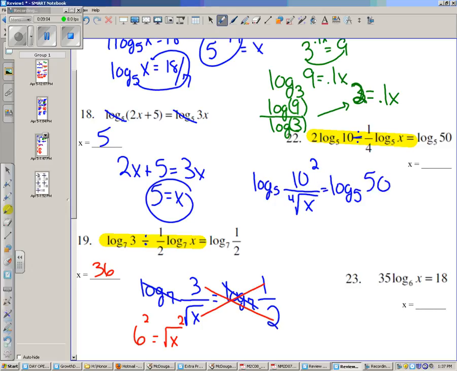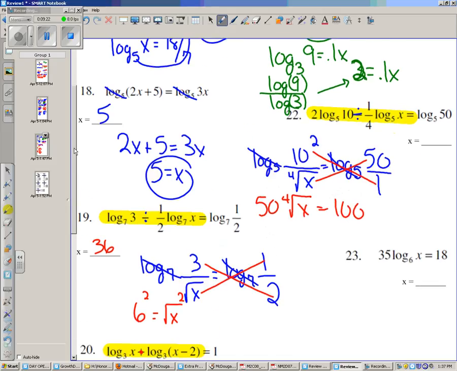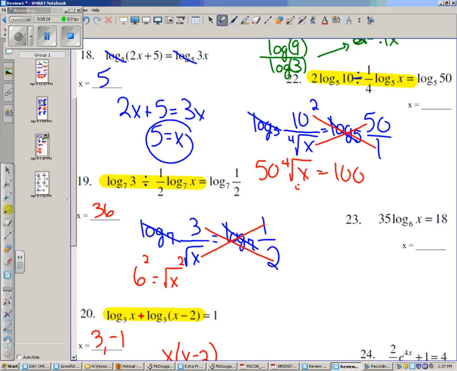And now I can ignore the logs and do my cross products. So 50 times the 4th root of x, well, I'm just going to write it like this, 50 times the 4th root of x equals 10 squared times 1, which is 100. Now to get x by itself, I'm going to divide by 50, so I'm left with the 4th root of x equals 2. And to get rid of the 4th root, I'm going to take both sides to the 4th power. And when I'm done, x is 16, not plus or minus,